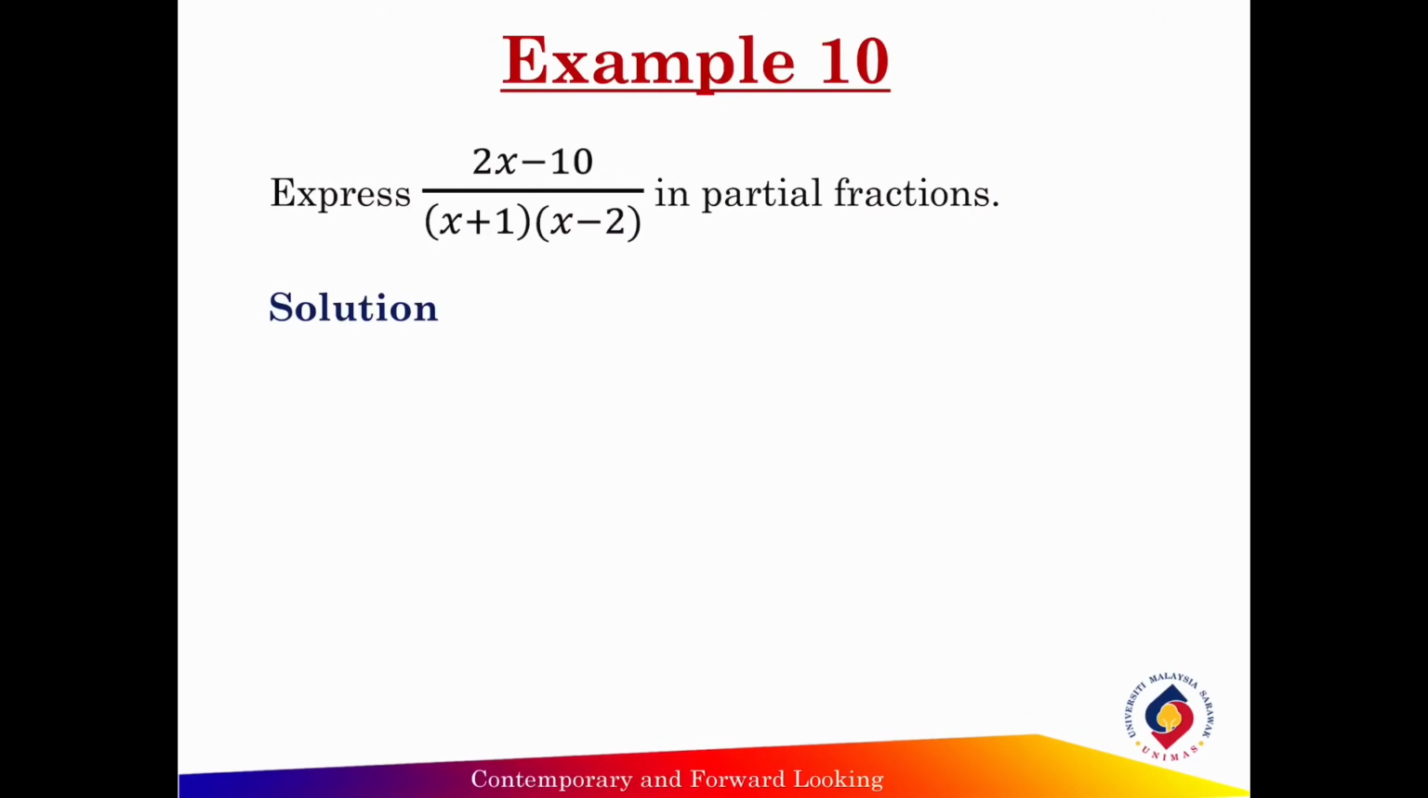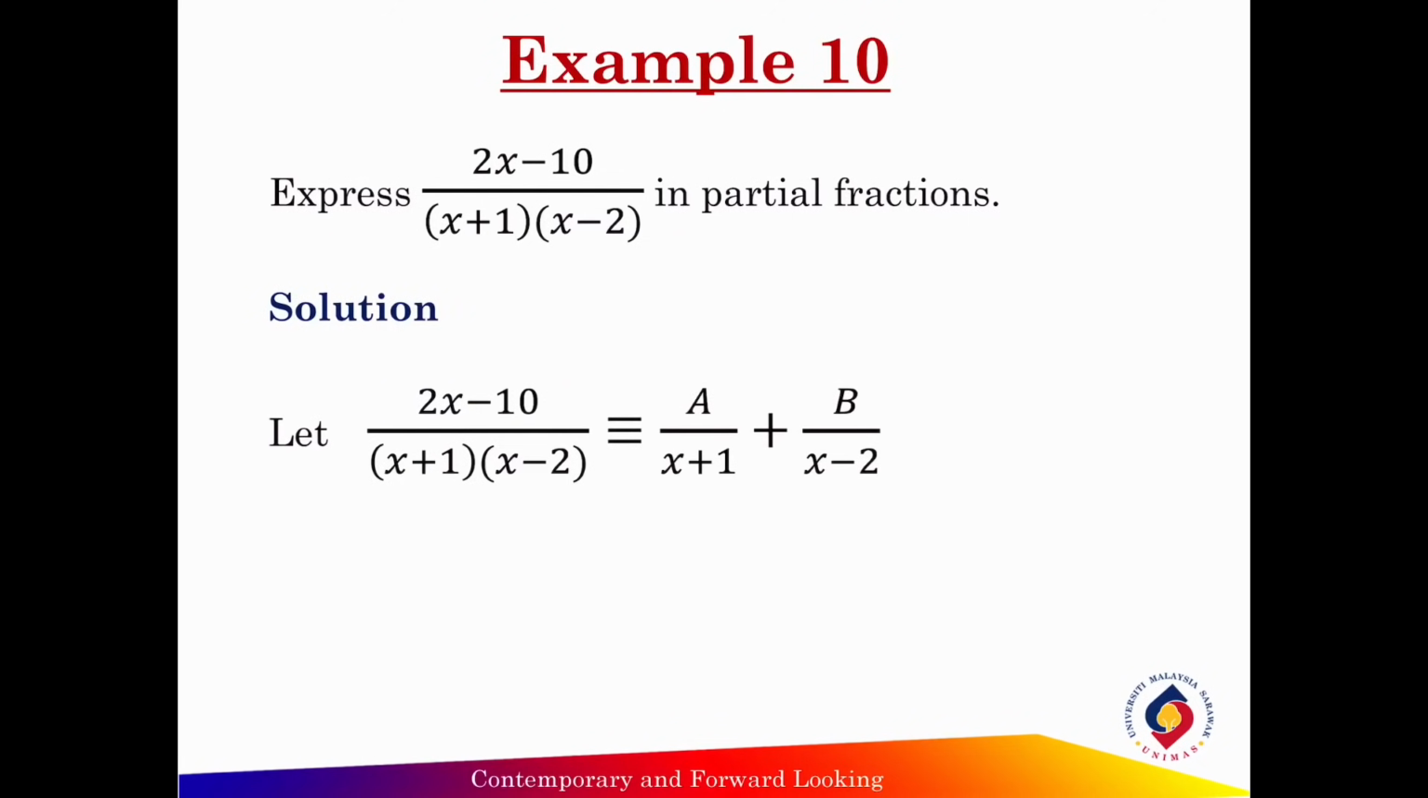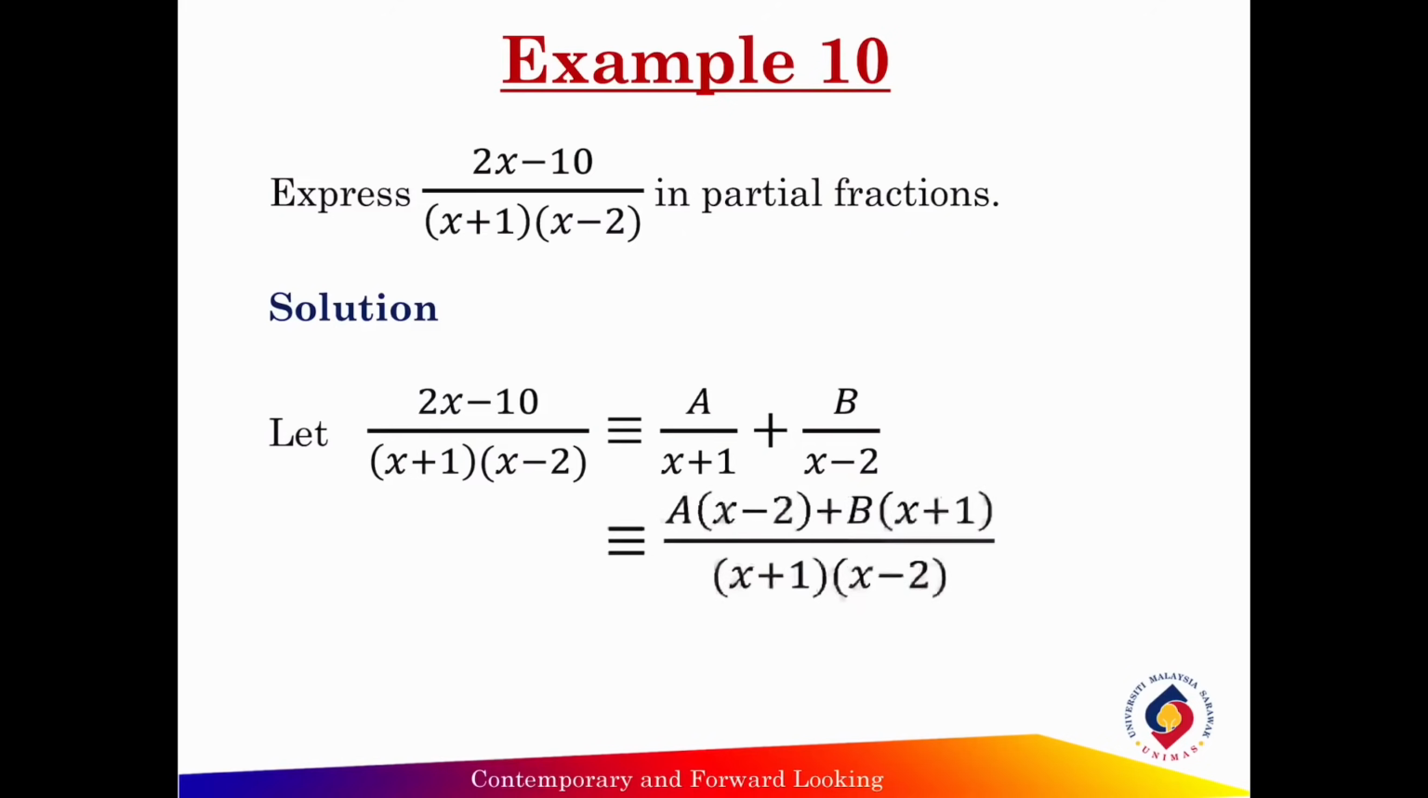Okay, so we let (2x minus 10) over (x plus 1) times (x minus 2) equal to A over (x plus 1) plus B over (x minus 2). Okay, so that is for step 2. Now for step 3, we multiply throughout by the denominators' factors. So we have A times (x minus 2) plus B times (x plus 1) over (x plus 1)(x minus 2). So now we can see that on both sides we have a single fraction